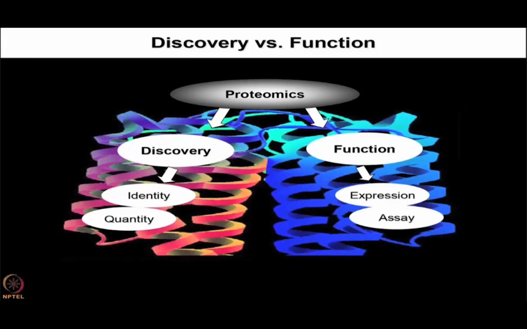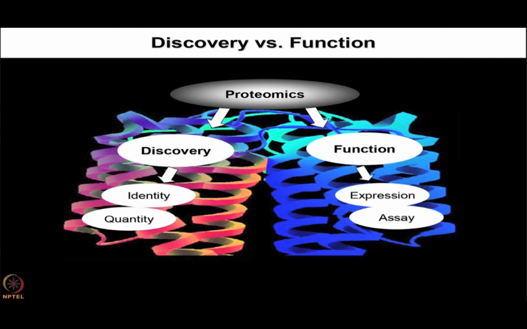So, this information could be obtained under discovery or abundance based proteomics. Then one could look at function based proteomics, where the aim is to identify the function of unknown proteins or the new proteins which you have discovered from the discovery set. So, where the proteins are expressed,